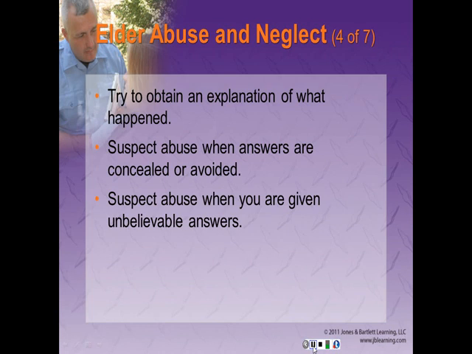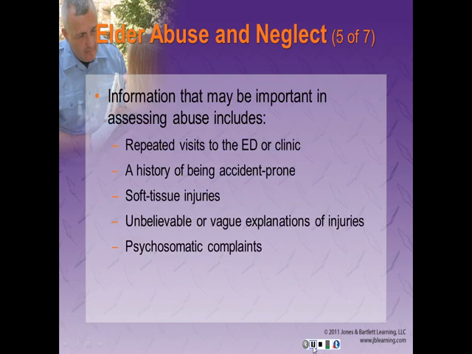To assess for elder abuse, you should try to obtain an explanation of what occurred. You should suspect abuse when answers to questions about what caused the injury are concealed or avoided. You should also suspect abuse when you are given unbelievable answers. Information that may be important in assessing possible abuse includes repeated visits to the emergency department or clinic, a history